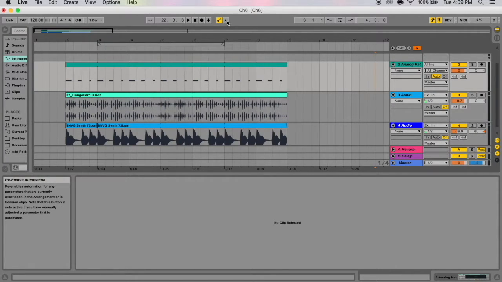And this is your re-enable automation button, which I've spoken about in, I think, my first video, maybe my second video, so you can always go back. But basically, it re-enables automation for any parameters that are currently overwritten. So if you've got some kind of automation saved in your sets, and you want to override that automation temporarily because you are performing live and you've got a MIDI controller and you want to have some fun, then you can do whatever you want with that controller,